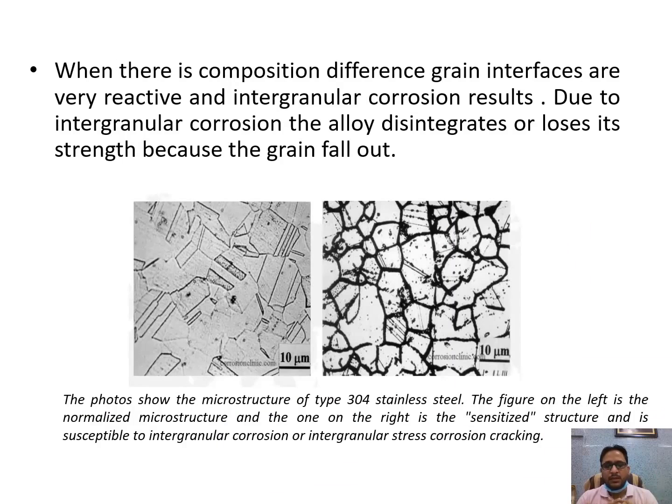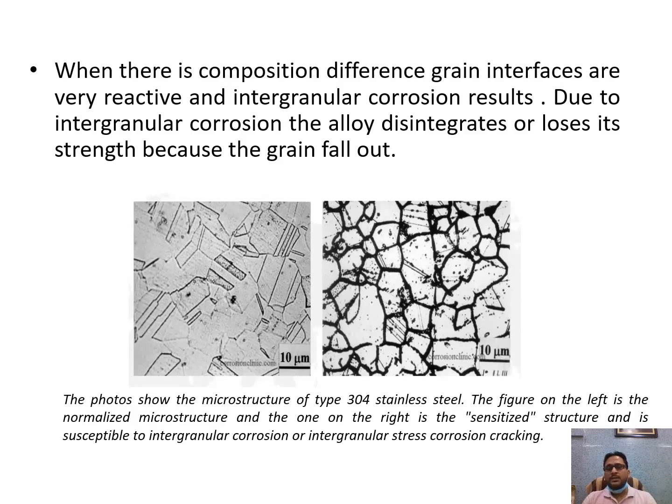I mentioned here, when a material contains different compositions, for example in the case of an alloy, intergranular corrosion occurs across the grain boundaries and it causes the alloy or the structure to lose its strength. And one more thing to be kept in mind is that intergranular corrosion occurs at the microscopic level, meaning under microscopic images only you can see that corrosion, otherwise the corrosion won't appear to you, and it's slowly